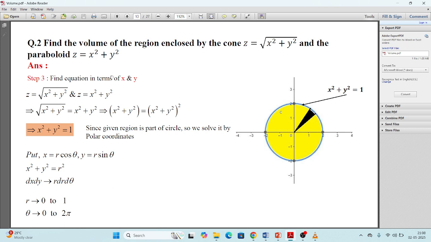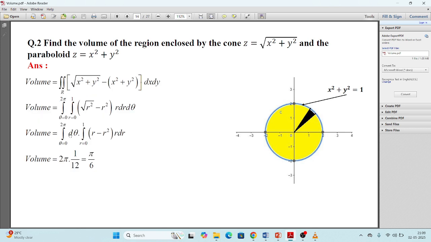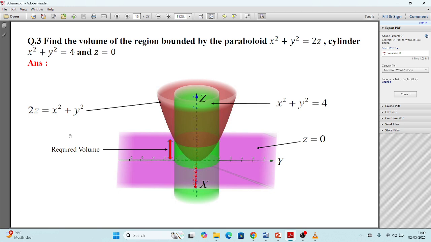तो यहाँ पे equation is not free from z. Both the equations contain z. तो इसलिए हमने intersection लिया है. We are taking the intersection. So by taking the intersection, एक value आप दूसरे में put कर रहे हो, and on simplifying you will get the circle. आपको circle मिला है, and so the answer is pi by 6.